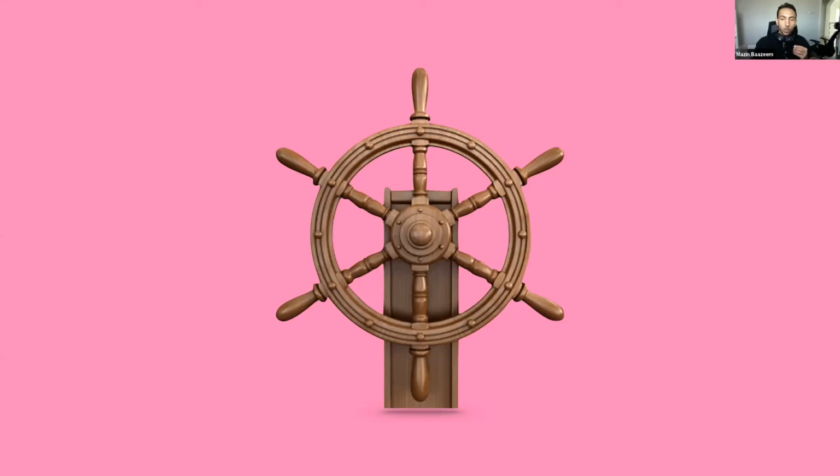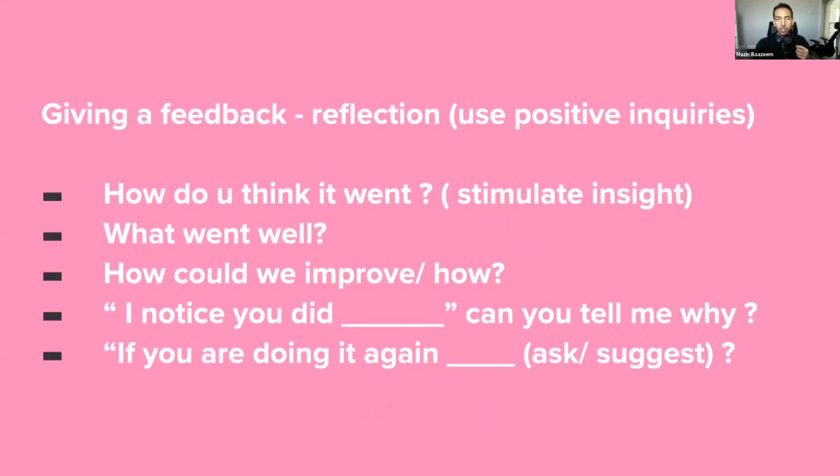Okay, so there is no pass and fail in the workplace-based assessment tool. You're just giving them good feedback that will give them an insight about what they're doing. So it's a reflection process. Usually, I always try to use positive inquiry. There's a very nice book called Appreciative Inquiry that they use in assessing the economy of any given organization, and this gives the same sort of outcome here.